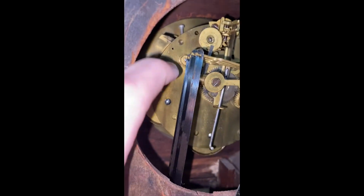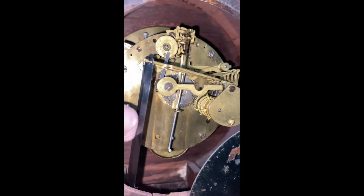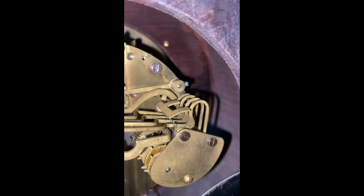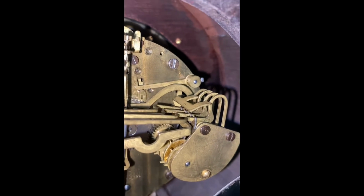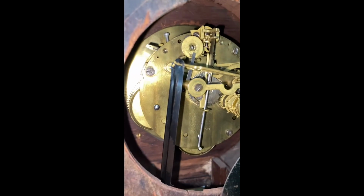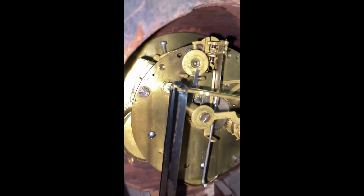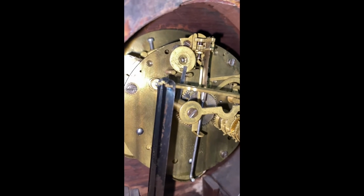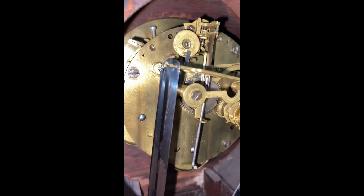The only differences are these longer connectors, and that on the strike there's not a fifth note. It strikes on the highest note and the second lowest note. But pretty much identical. It's got the small circle movement with the super compact gear trains,